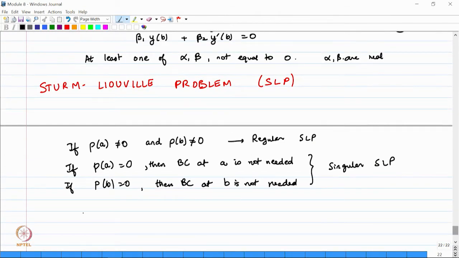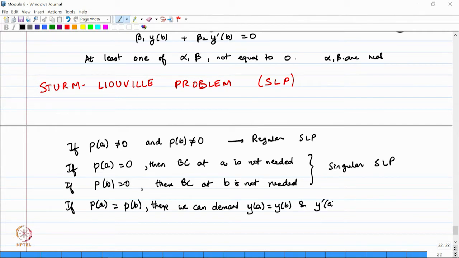Okay. And the third case, if P of A is equal to P of B, then we can demand y of A equal to y of B and y prime of A equal to y prime of B. With this we constitute something called a periodic Sturm-Liouville problem. So we can look for solutions that satisfy this. So, there exist these solutions and this constitutes a periodic Sturm-Liouville problem. These are the various types of Sturm-Liouville problems,